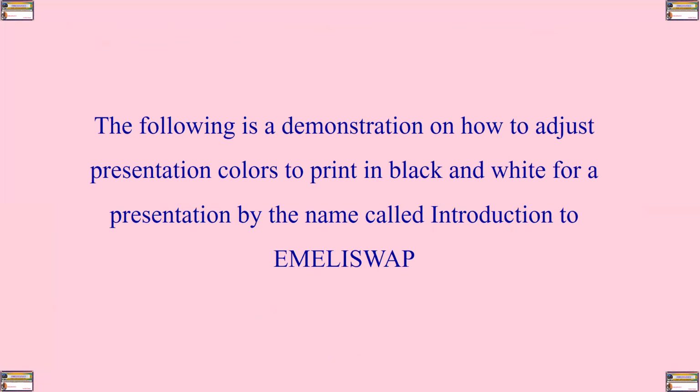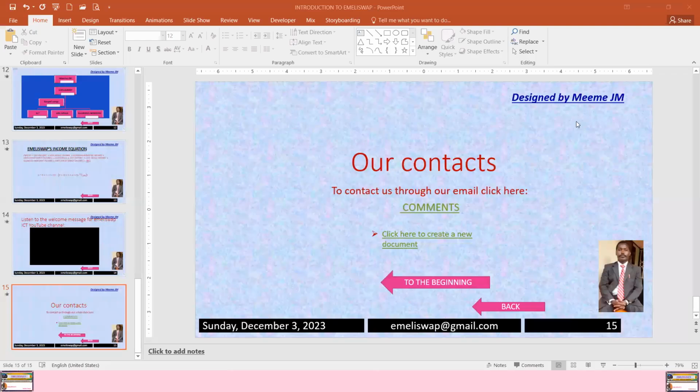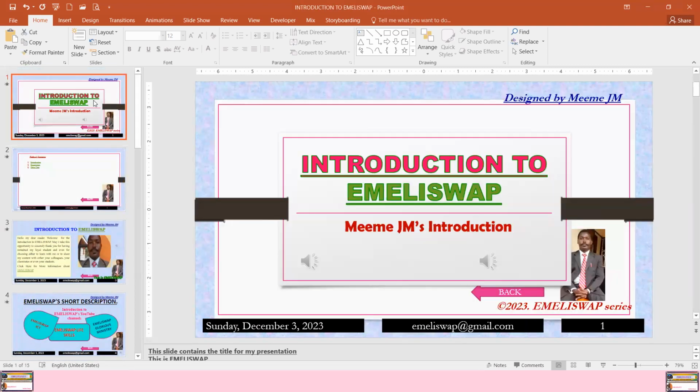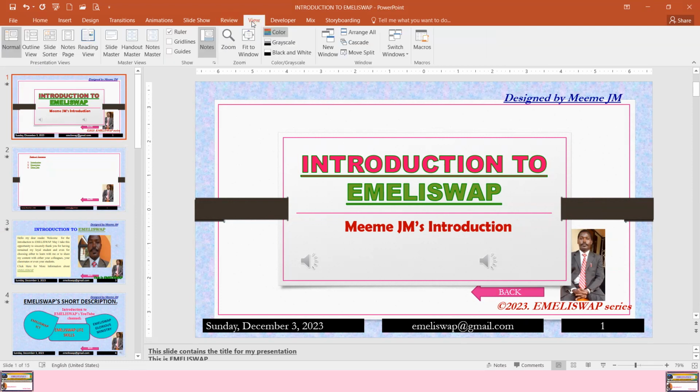The following is a demonstration on how to adjust presentation colors to print in black and white for a presentation by the name Introduction to Emily Swap. So what we need to do is to open our presentation. Like now, we are in our presentation, and then you click on the View menu, and then under View menu,